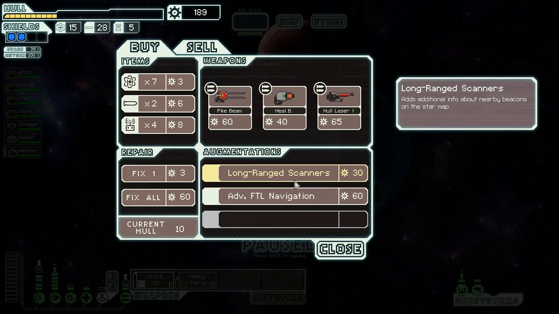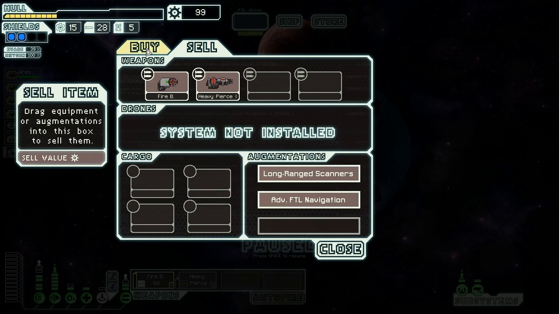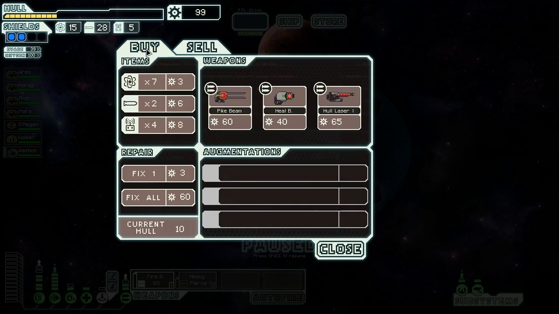I'm going to buy both of these, in fact. Advanced FTL navigation, we can jump to any previously visited beacon, and long-range scanners, so we can see what we're getting into before we jump. Oop. We probably don't need both of those, but hey, we got another augmentation slot anyway, and we have the